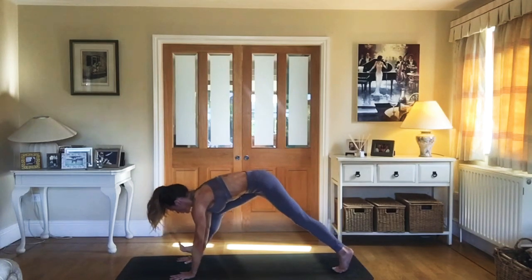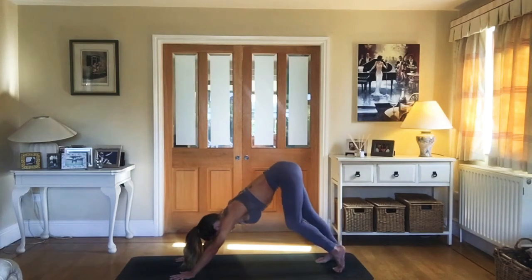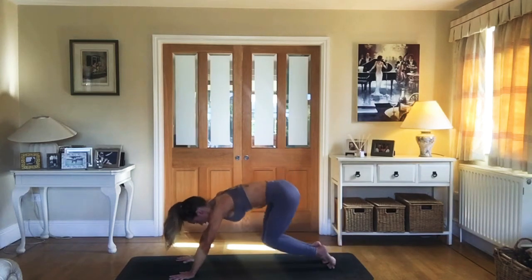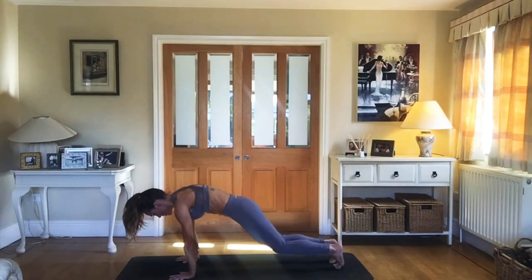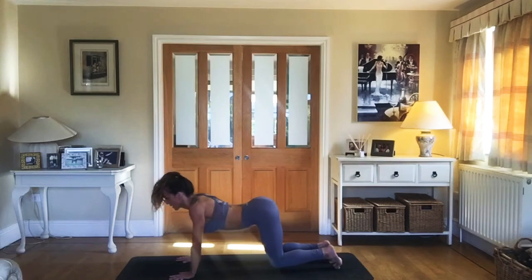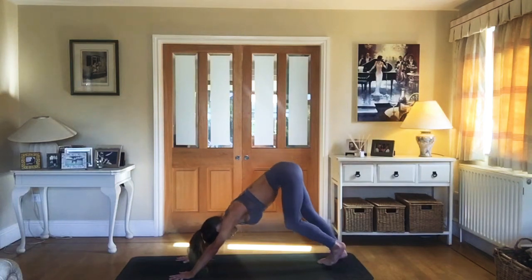As you exhale, right knee bends, push into the palms and step the right foot back into your downward facing dog. From your downward facing dog, take an inhale as you lift the heels, bend the knees, ripple through the spine, coming through into your plank pose. From here, bend the knees till they hover. Pull the heart through like cow pose and then exhale, push your way all the way back into your downward facing dog. Take a breath in